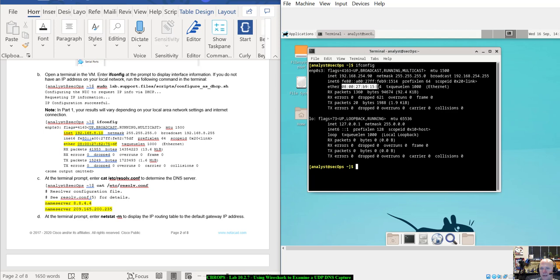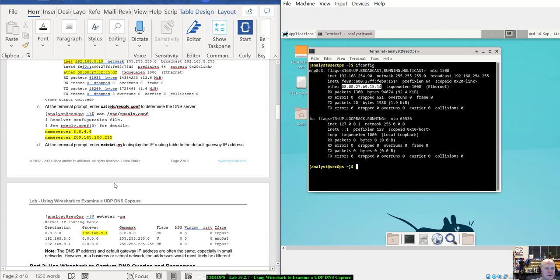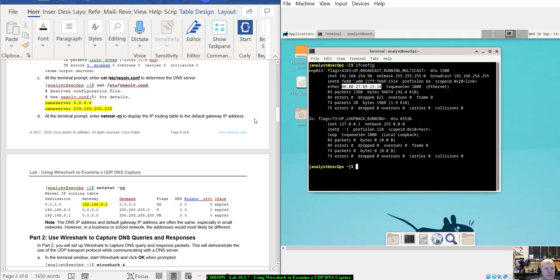Here's my MAC address. Notice 6 sections separated by colons. Alright. So now that gives us the MAC address and the IP address, but now if we go to use cat